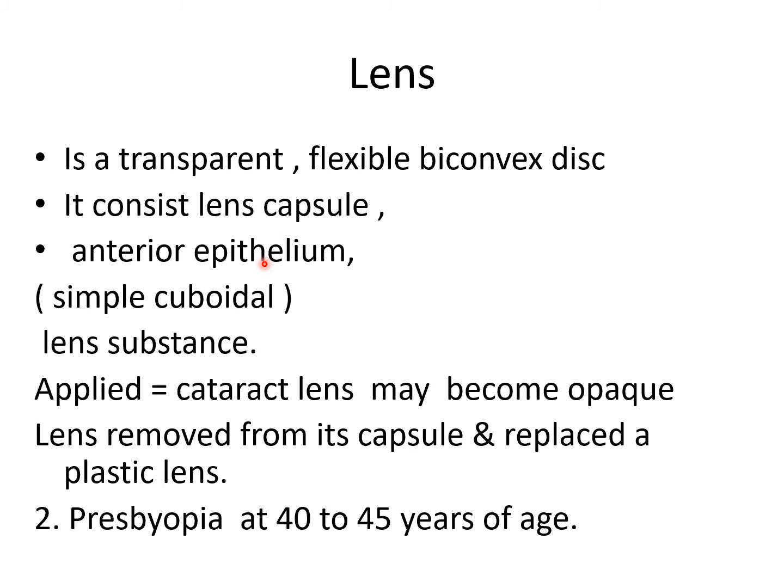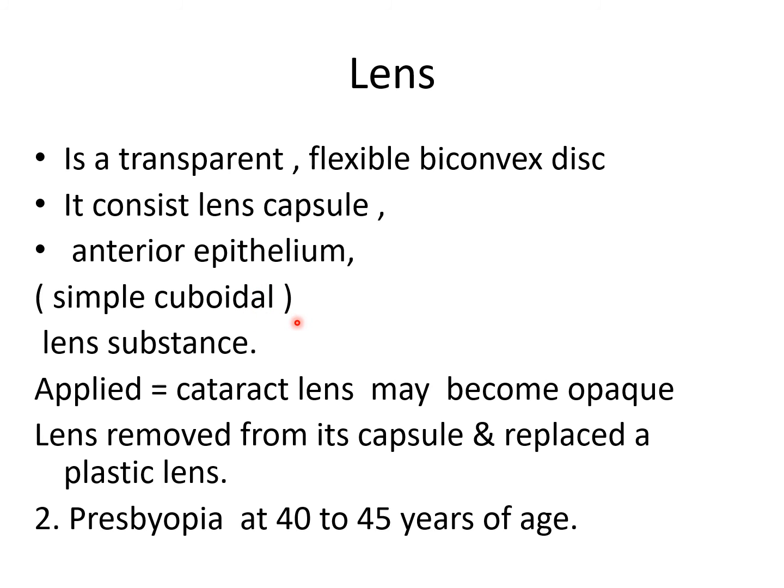Second one is the lens epithelium or the anterior epithelium. It is deep to the capsule. The lens is covered on its anterior surface by the lens epithelium. The cells of the epithelium are simple cuboidal in shape. Cells of the epithelium are metabolically active and contain potassium ATPase. The cells show high mitotic activity and form new cells which migrate toward the equator. The lens epithelium cells continue to divide and develop into the lens fibers.